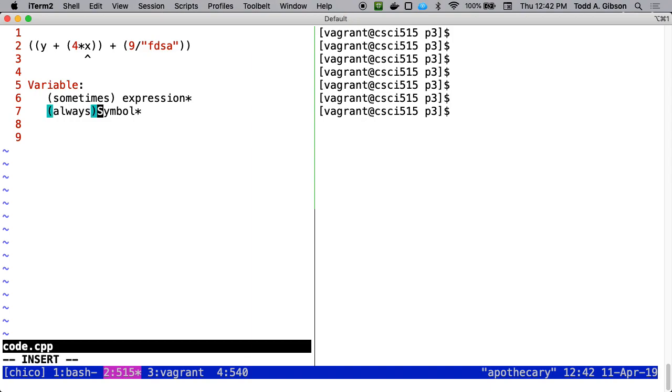Always. The symbol, and these are initialized at parse time, right? It is while you are parsing the program in GPL.y,